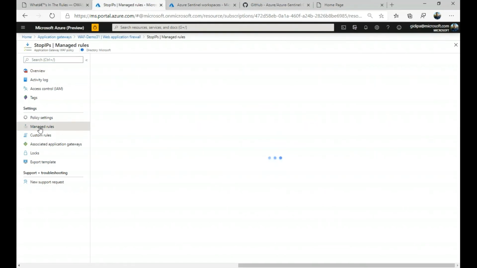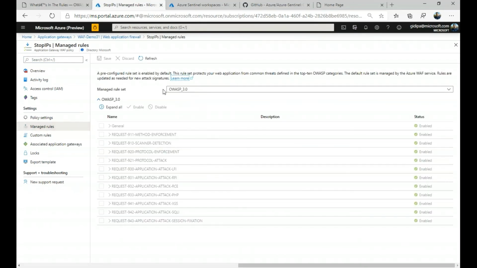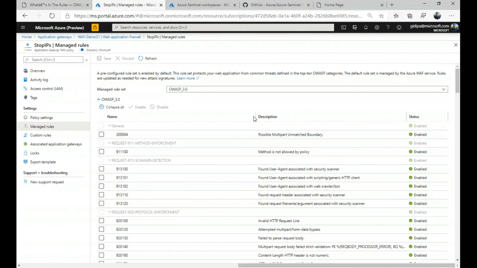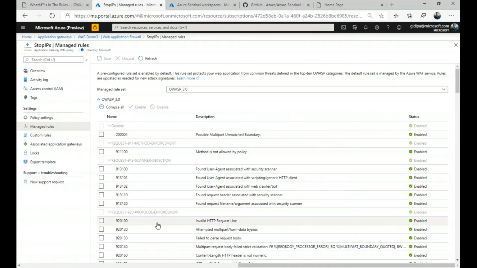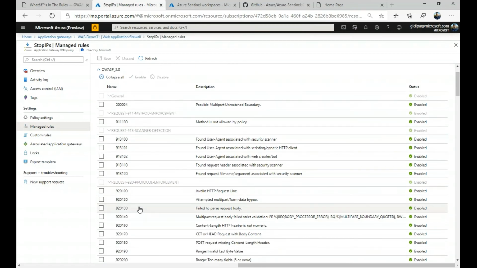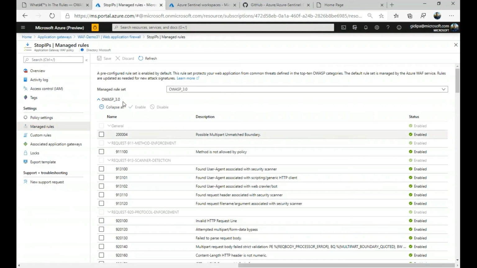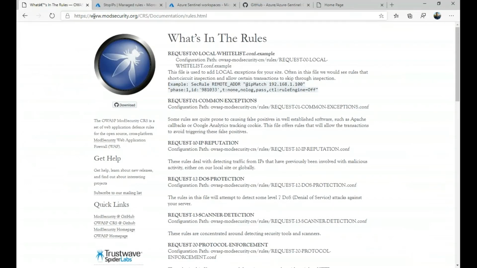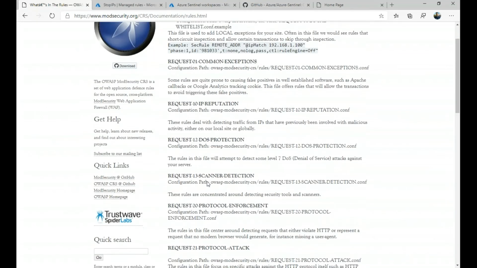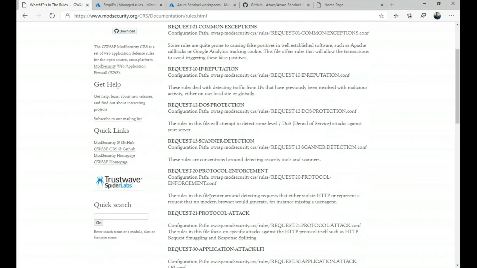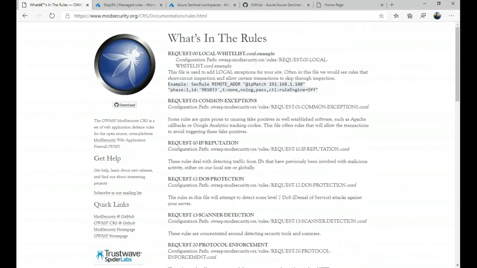The first one is the managed rules, which include all the OWASP 3.0 core rule set, and I can expand all these IDs. I am able to see all the possible web application attacks associated to this specific ID, and for the most curious people, you can go inside modsecurity.org and check for every request which are the protections associated to this kind of